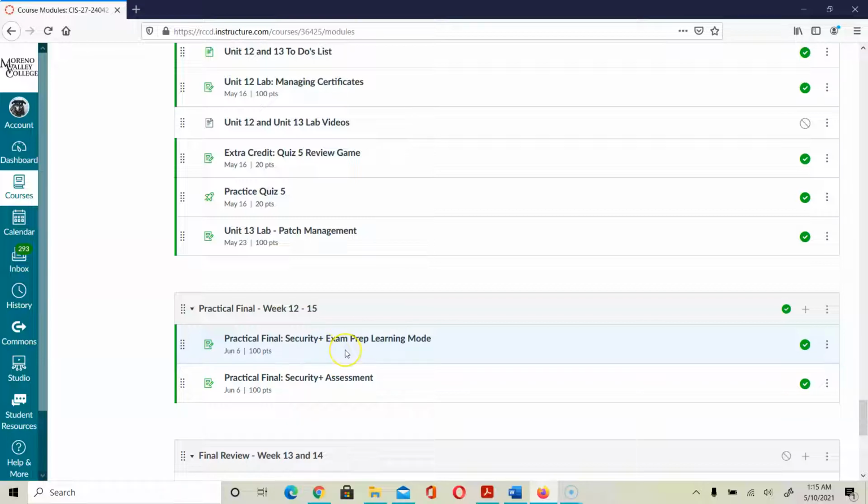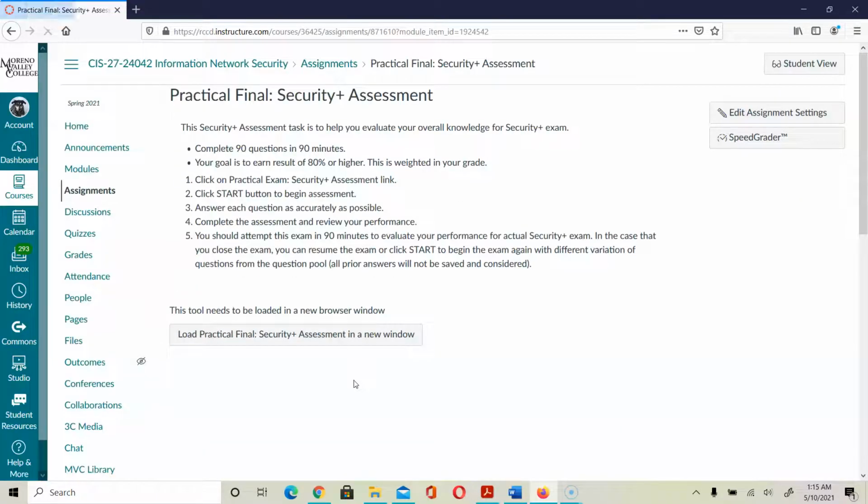Once you get 100% in the learning mode, then you can go to the second task, which is the practical final for security assessment. This assessment mode simulates how the questions would be on the regular certification exam. You will be given 90 minutes for 90 questions. There will not be explanation or answers, of course. So you want to be able to attempt this, and your goal is to be able to earn 80% or higher